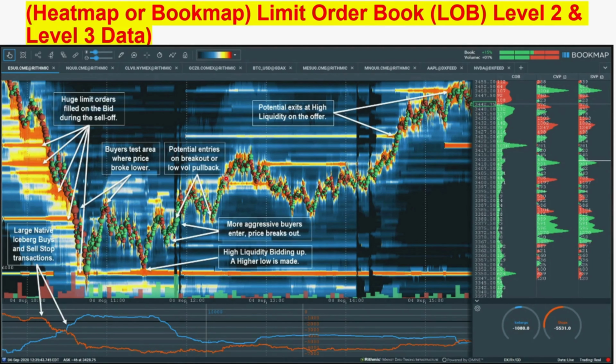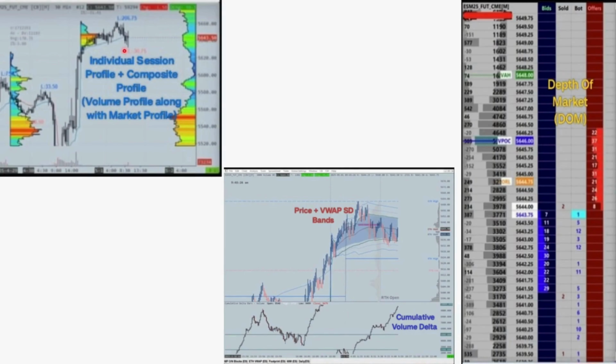Still, we can gain significant insight from level 1 data, combined with market profile and cumulative volume delta, which we have seen. Finally, when we look at individual session profiles and composite profiles, along with price with standard deviation bands